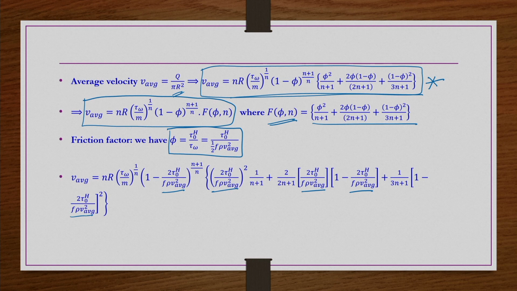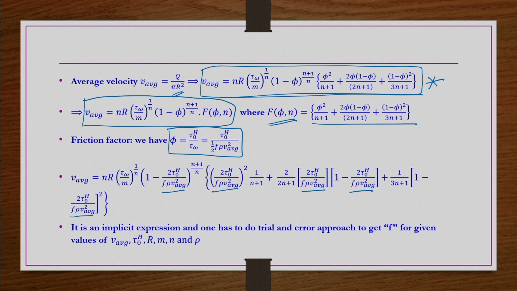So, here also what you see, this friction factor is not explicit, it is implicit. So then you may need to do a lot of trial and error approach. Right. Now, before concluding today's lecture, we take an example problem on this derivation that we have done for the